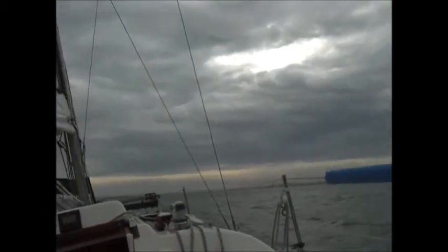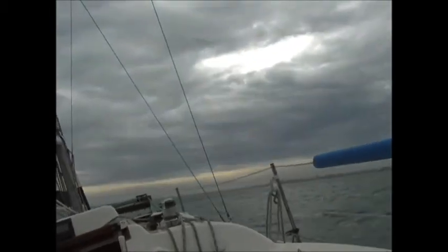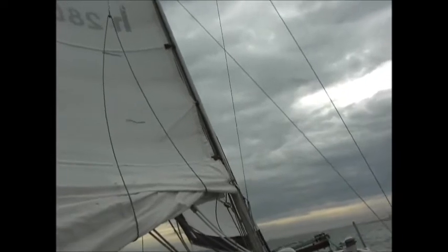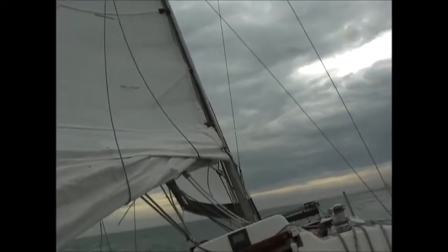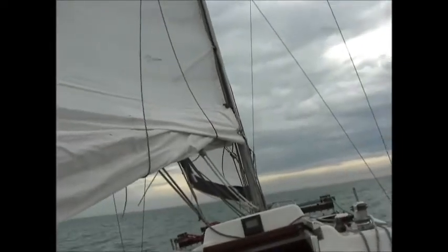So I'm out. I've got a brisk south wind, which is kind of nice. Almost too brisk. Ended up having to double reef the main. Started out with a single reef, but it was just too much. The wind's kicking up to 20 knots occasionally, and it was just a little too much. Furled up the jib a bit, and